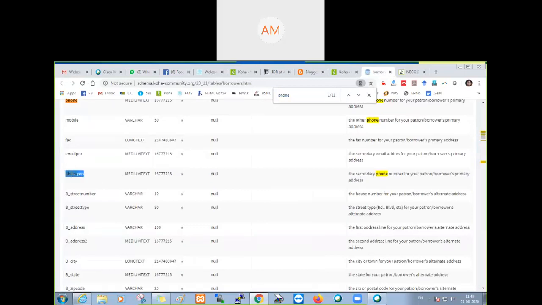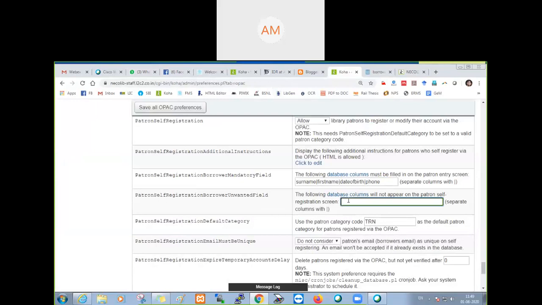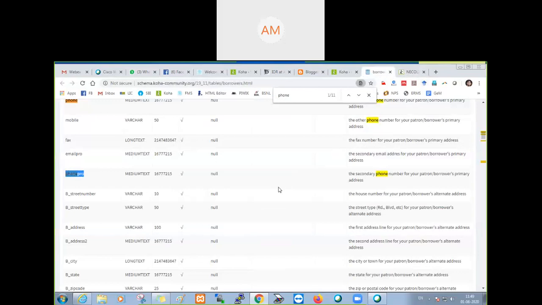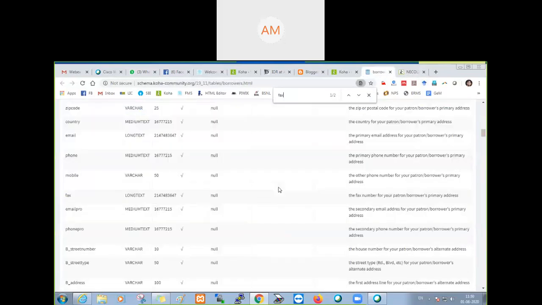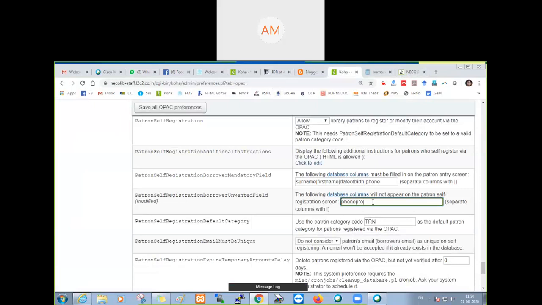The code is phone pro. I copied it and saved here. Then I'm searching for fax. I don't want fax. Again, the code is fax itself. Save.